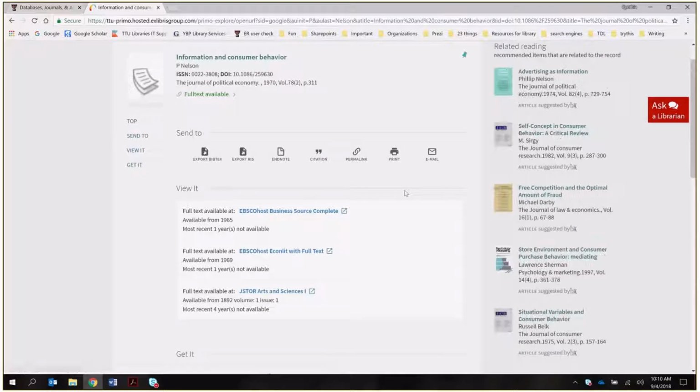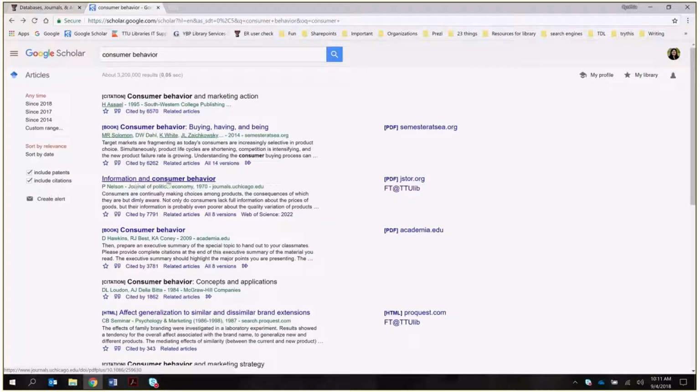And look, it's our links resolver screen. So now we can find this article that we were looking at on Google and just follow it through like we have been doing from the database. So if we wanted to look at information consumer behavior journal, we could find it. Now, sometimes you're going to see these options where it doesn't look like there's a full text option. But if you click on this double chevron, it also means more. So I'm going to click on that, and then you'll see this little Get It at TTU. I'm going to click on that,